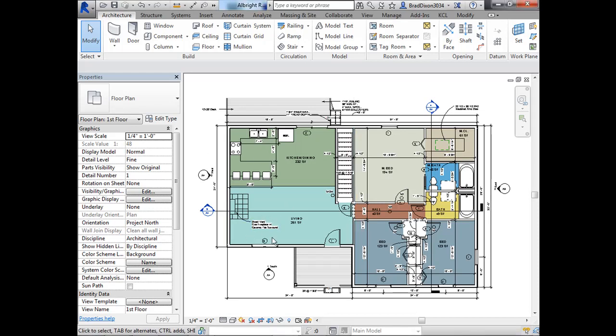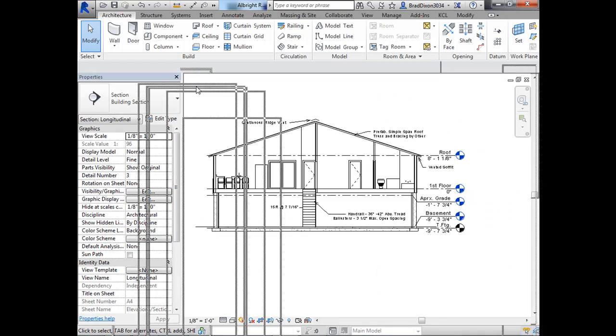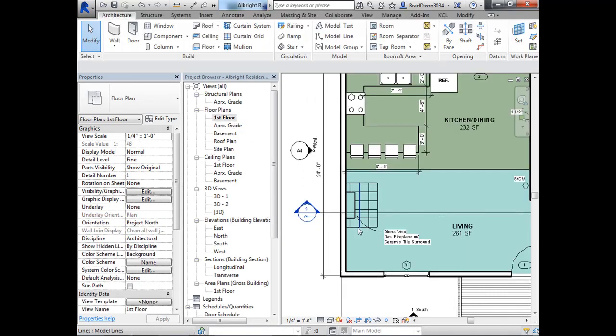In this lesson, I'm going to show you how to add and manipulate sections and what content you need to add to those sections as well. So in this floor plan view, I already have a couple sections placed, so we can start out by looking at those, and I can basically double click on them and it will take me to that section. And then if I want to go back, I can just simply go to my project browser, go to my first floor plan,